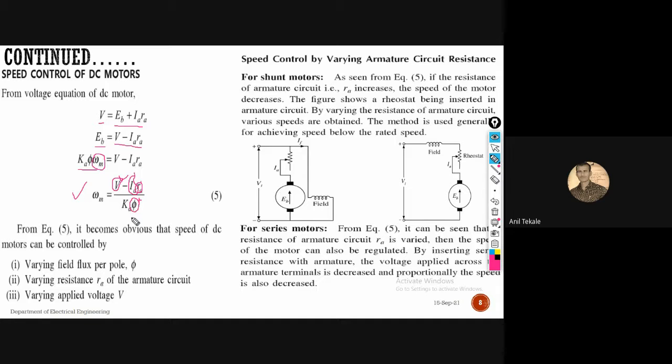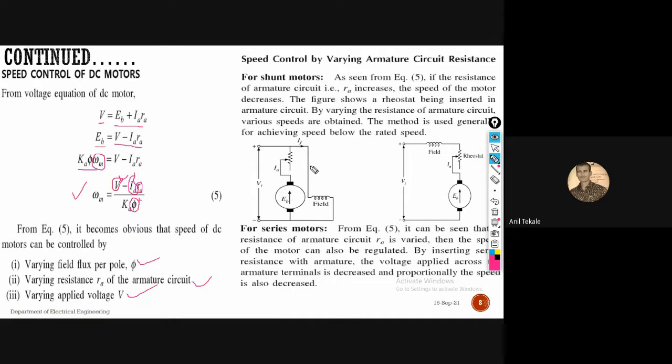So there are three types of speed control: the varying flux per pole method, varying the resistance of the armature circuit, and varying the applied voltage. These are the three types. Based on these three types of controlling a DC motor, we can see for the shunt motor here,